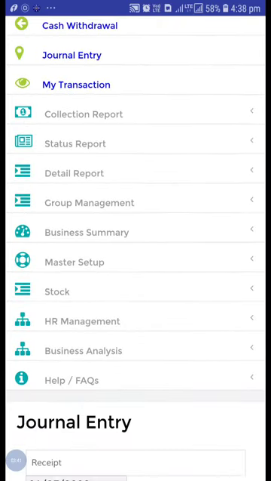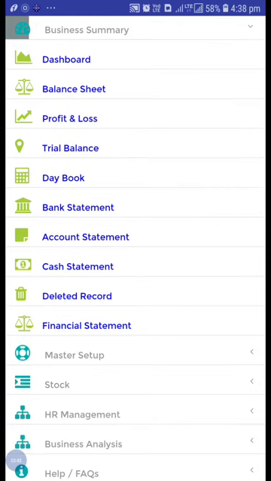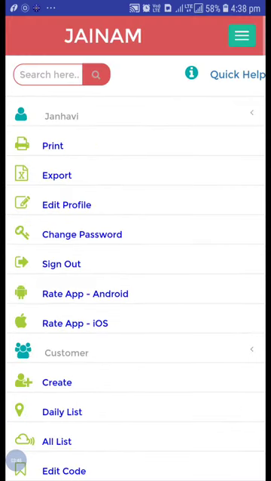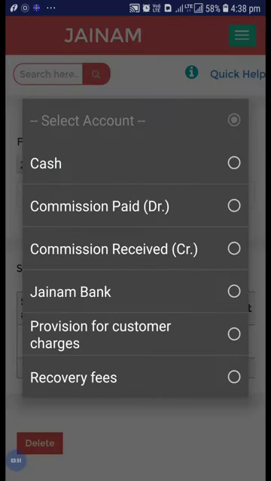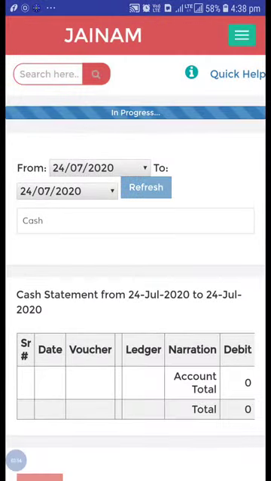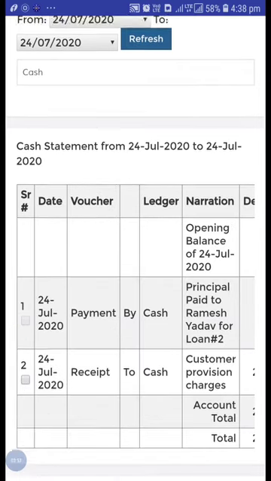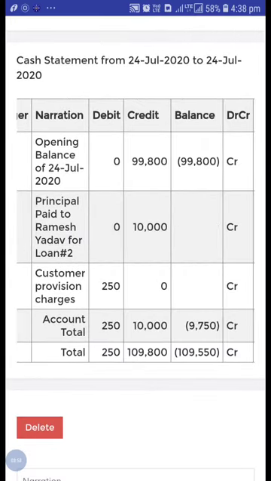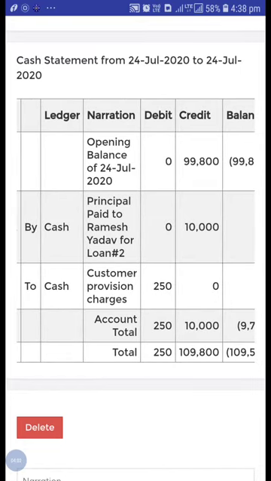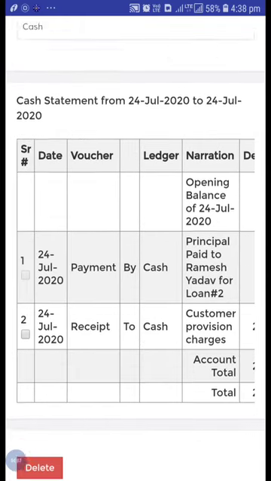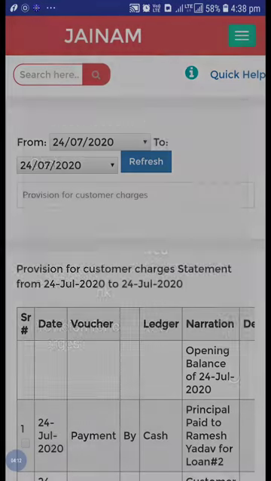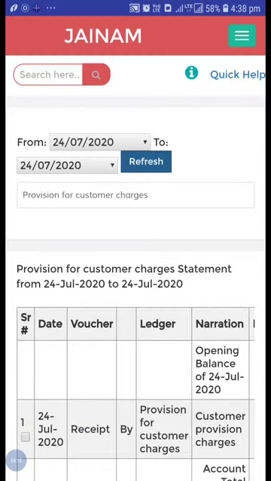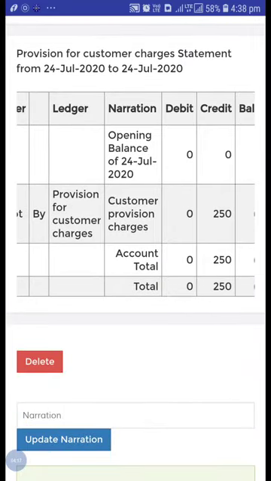Now from the business summary, account statement, select the date, today's date, and select cash and refresh this. Now you can see I have created some entries, and the customer provision charges also 250 rupees. You can see this. After that, you can select the provision for customer charges and refresh, and see 250 rupees